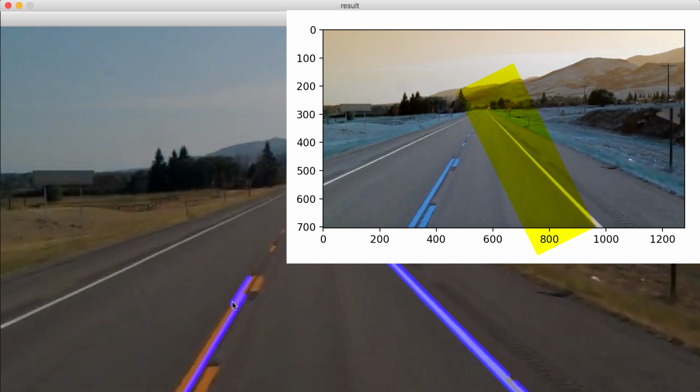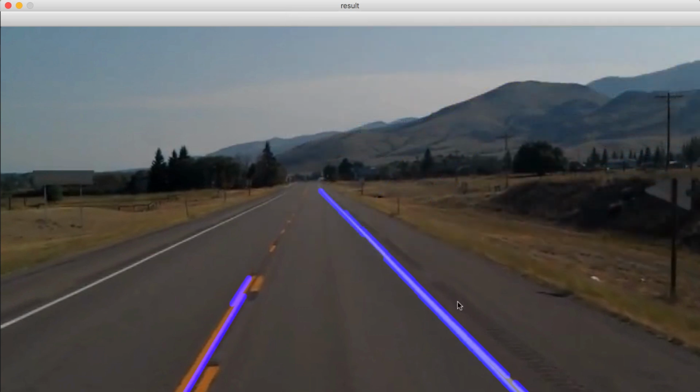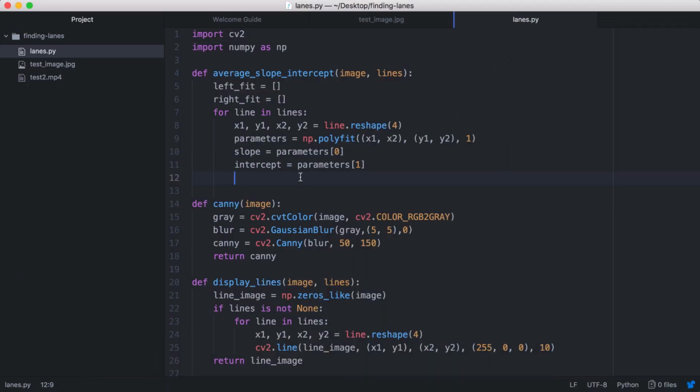Although for these lines, since as x increases, y decreases, their slope value would therefore be negative since their change in y over the change in x would result in a negative value. Final conclusion being, lines on the left will have a negative slope, lines on the right will have a positive slope. So what we can do is, back to our code, we can write if slope is smaller than 0,